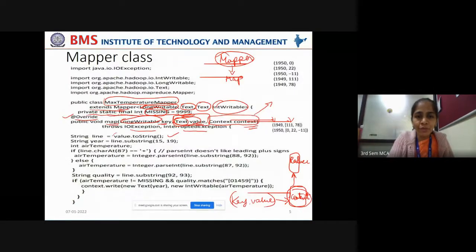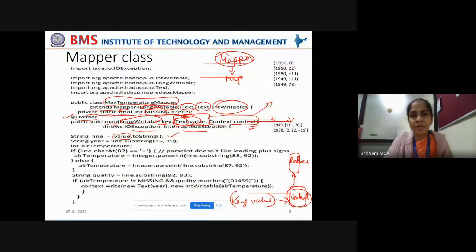Now that value is being converted to a string in order to perform string operations within the Java code. If you treat it as a general text, you will not be able to extract whatever you are interested in. So within the Java code, it is comfortable to convert a text value into a string value. For that, you use value.toString.